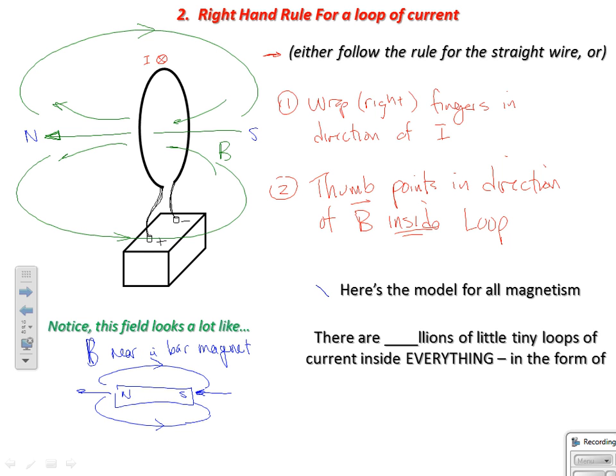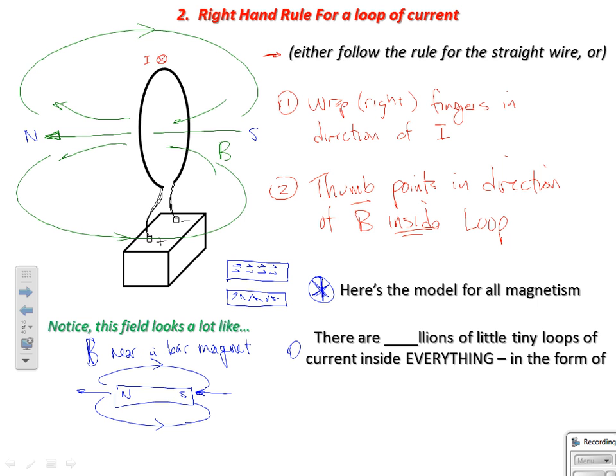What we talked about in the last video is we got to get to the point of why are things magnetic? Well, we said that in magnetic things, the magnetic domains are all lined up nice. And in non-magnetic things, the magnetic domains are all over the place. Well, these little domains, what are they? Like we said, everything has the potential to be magnetic